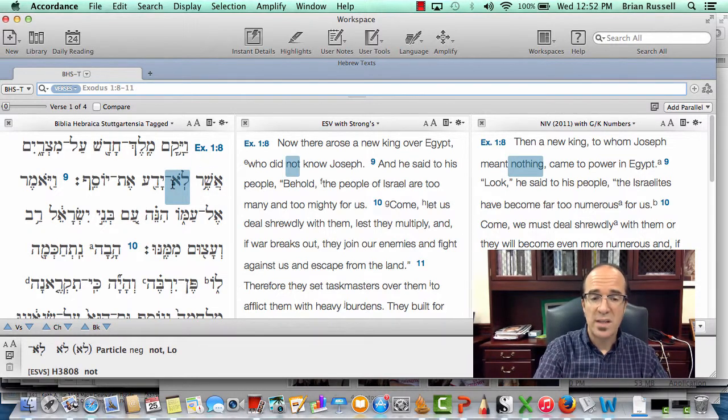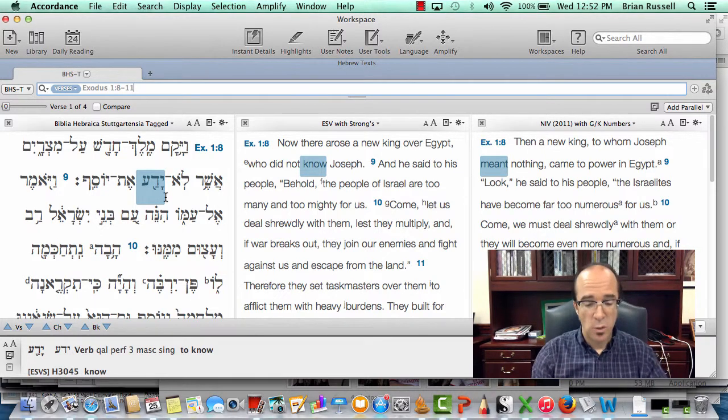Next word is lo. This is a negative word, so it's going to negate the word it's attached to. And we have yada. Yada is a third masculine singular, qal perfect from yada. And again, to analyze this, we want to say something about the qal, and we also want to say something about the perfect. In this case, to look up on both of those, we're going to go back